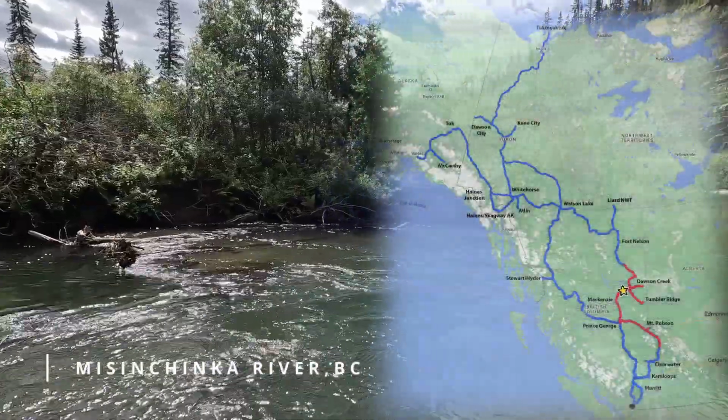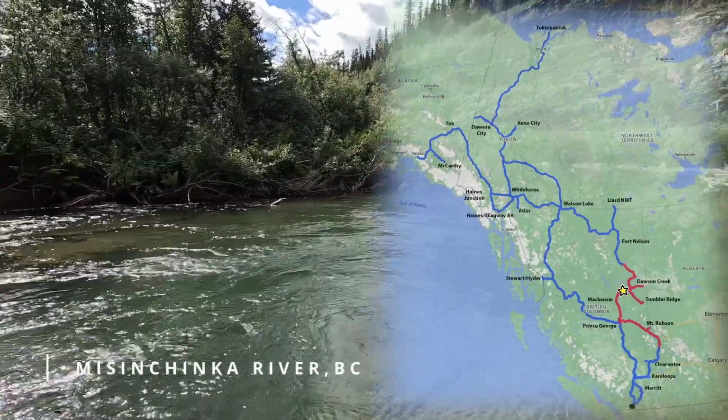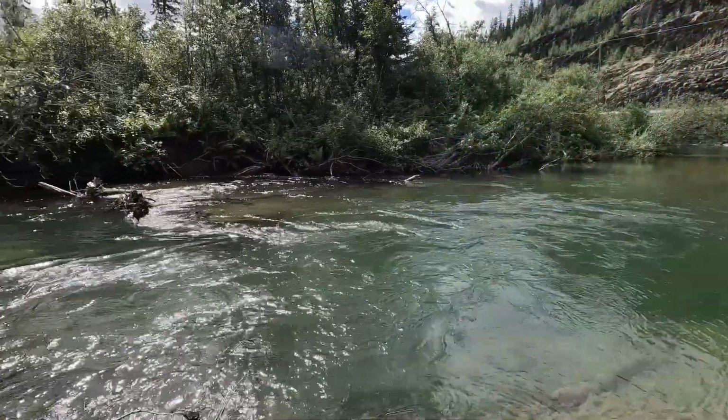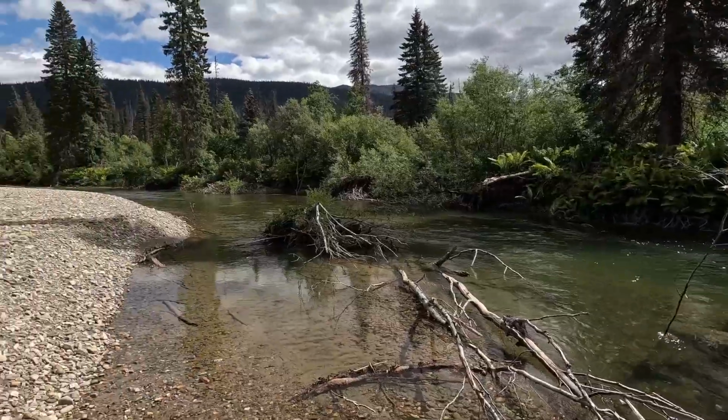Beautiful stream. There's a huge pool in here. You know, honestly, I'd be shocked if I don't get at least a bite in here. This is a very fishy kind of spot, and there's a lovely run over there. I'm going to...